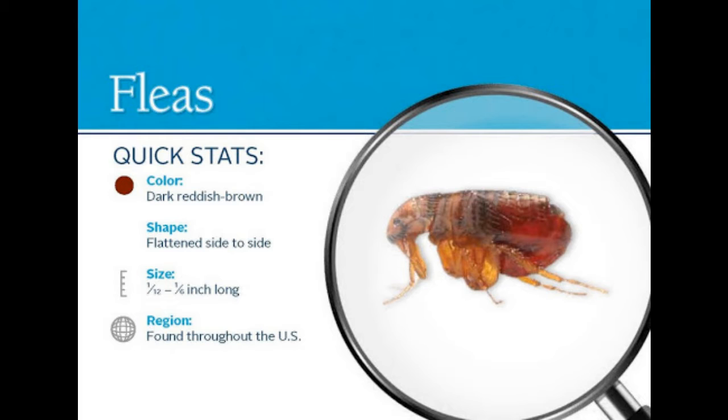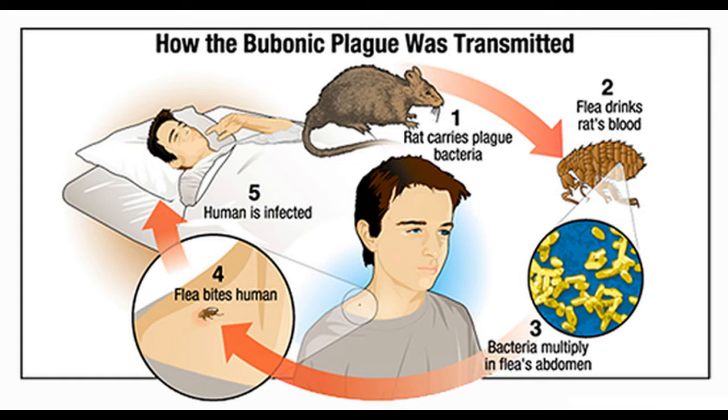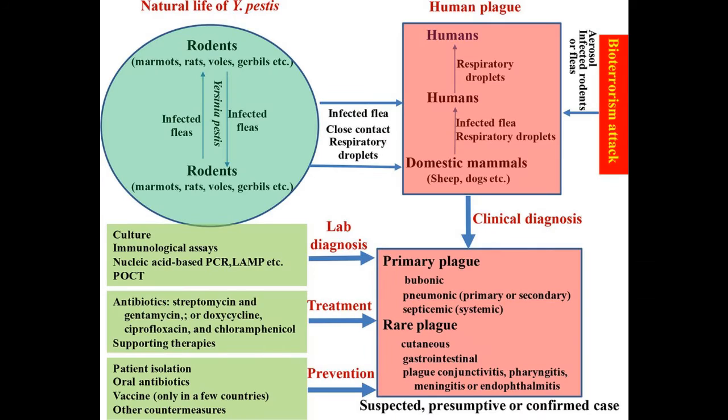Now, coming to the biology of this plague. Bubonic plague is an infection that is caused specifically by a bacteria called Yersinia pestis, or Y. pestis, as we will call it in the rest of the video. This is a zoonotic bacteria that is usually found in small mammals and their fleas. This is said by WHO.